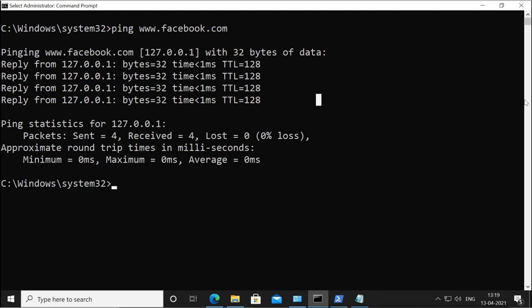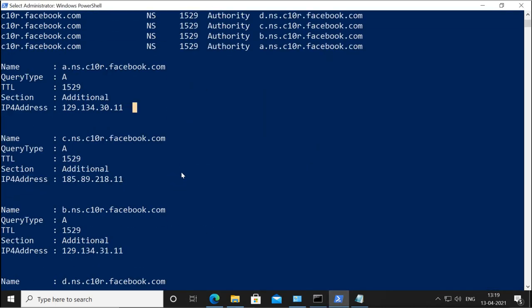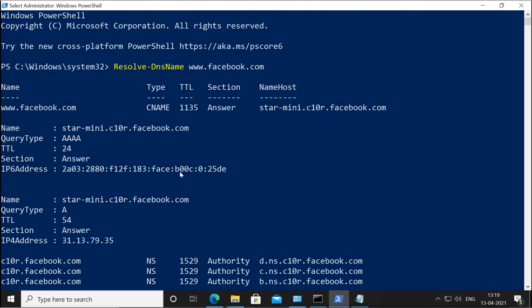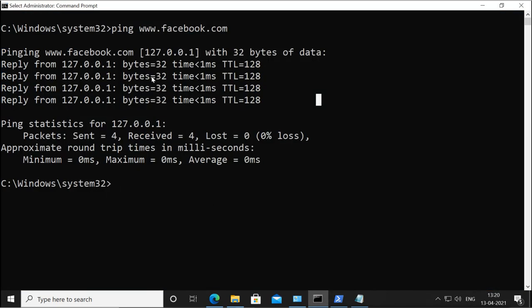Okay, I have cleared it. Real IP is this. This is the real IP. But it is not showing the real IP. It is showing what? The fake IP from the host file. That means if you open the browser and if you try to access the site,